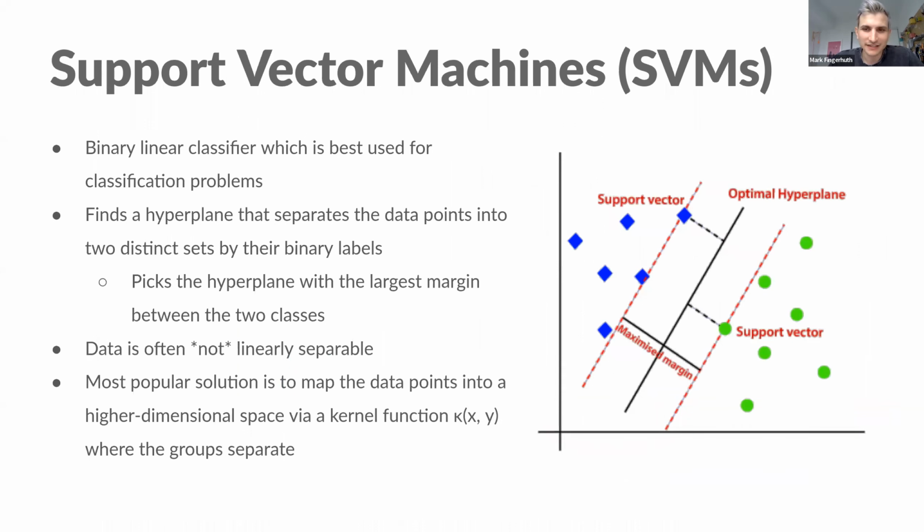But the last thing that's missing in the toolbox is that the types of models that we will be studying, and that we were studying, are support vector machines, which most of you are probably familiar with. A support vector machine is a binary linear classifier, which essentially tries to find this optimal hyperplane that separates the two classes of data. And since the data is often not linearly separable in the input space, one of the most popular solutions is to use kernel functions to lift these data points into higher dimensional spaces in order to allow for such a